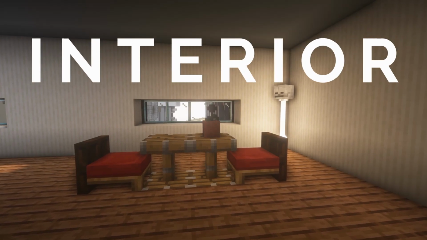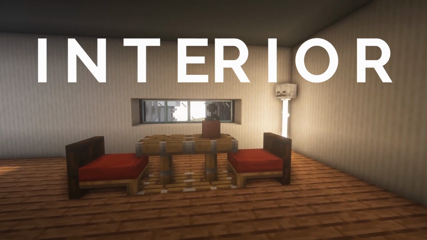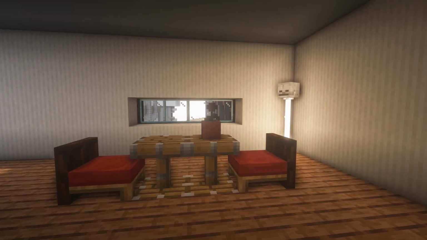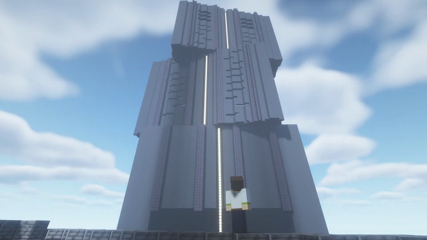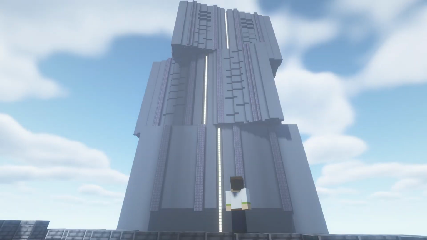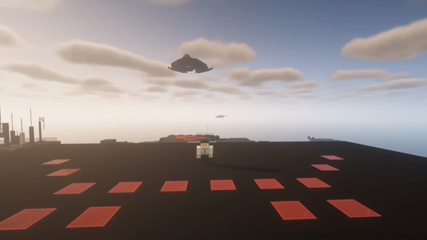Interior. We all love it, but for my part I hate building it. I often find it quite hard to give rooms enough detail and to find ideas for what rooms I should build. To get ideas for the interior in this episode, I used a technique that is story driven. More on that after the intro.